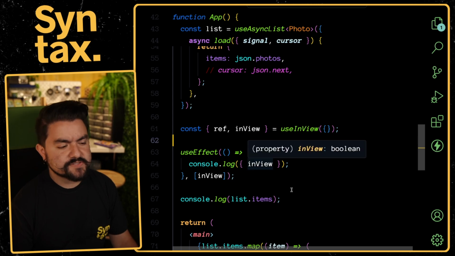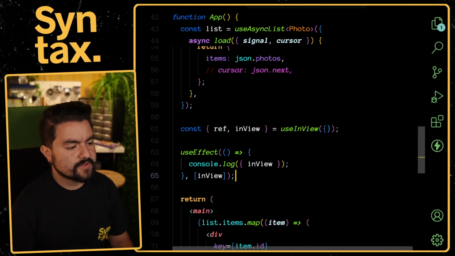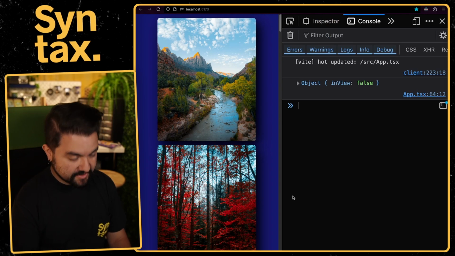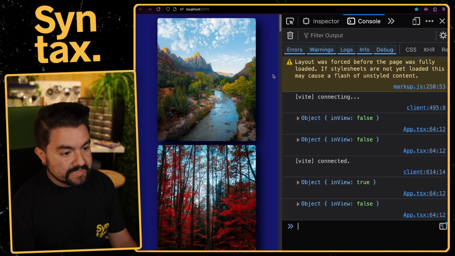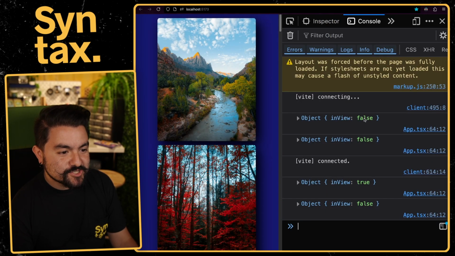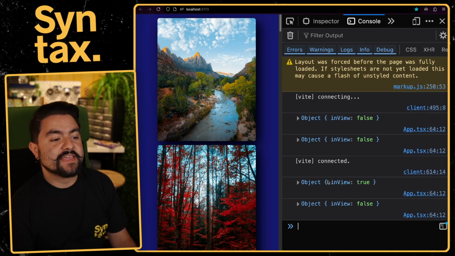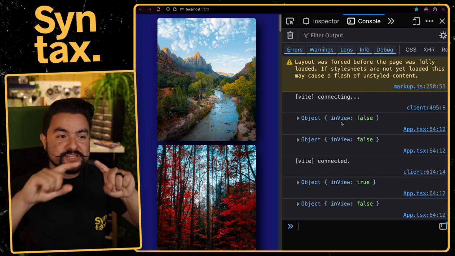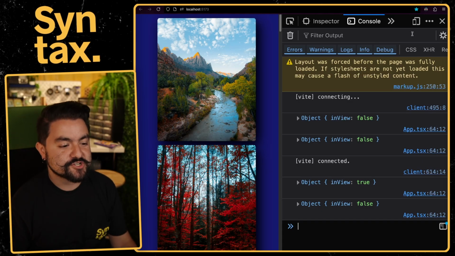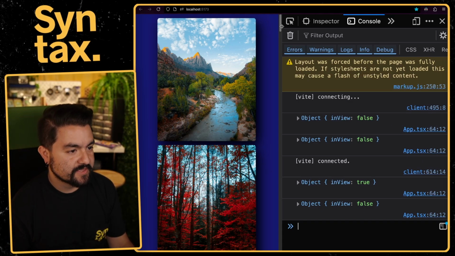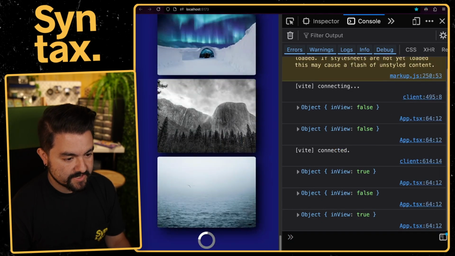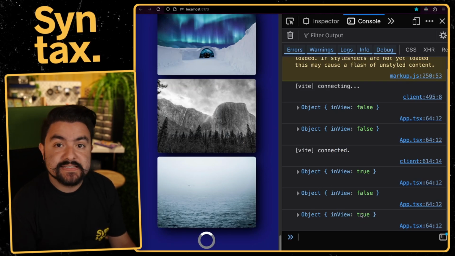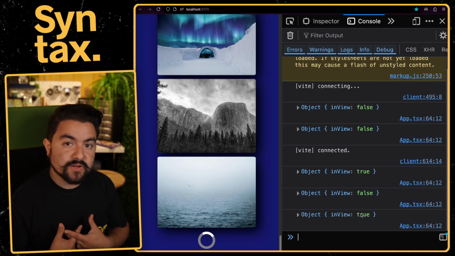Now, before we watch this for changes, I'm actually just going to remove the console log of the items so our logs aren't cluttered up. And if we go back to the browser and refresh, we'll see that when the page loaded, it was not in view, and then it was in view, and then it's no longer in view. So because there were no images, it was visible, but then all of those images pushed it down, so it's no longer visible. And then if I scroll all the way to the bottom of the page, we can see that it is now in view. And so essentially, whenever this gets set to true, we now want to make a request for the next page